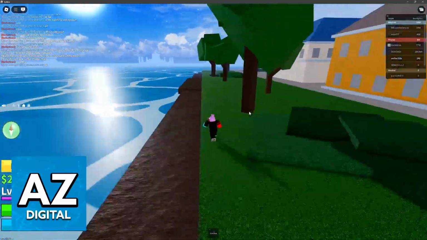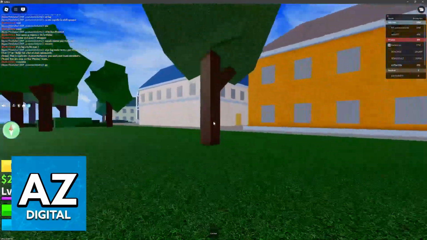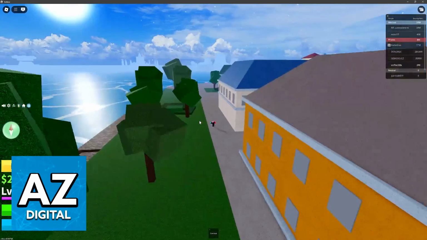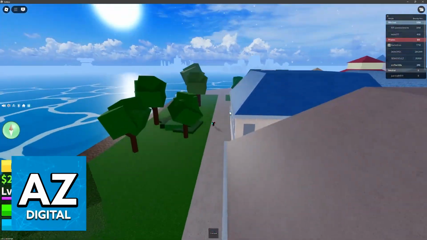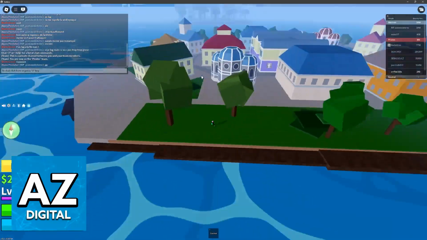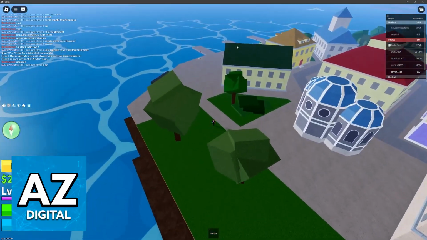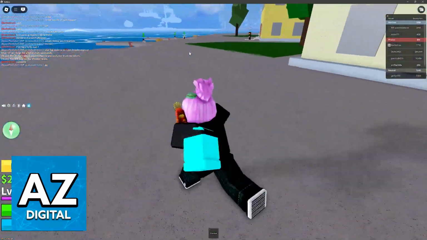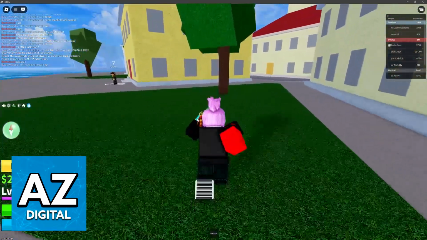You just have to use the scroll wheel to zoom in or out. You can go into first person if you keep scrolling up, and if you keep scrolling down, you will eventually have the maximum zoom. You can even see the other islands all the way over there. So this zoom is nice if you are just walking around and you are looking for specific enemies or specific items on the map, and then this one is cooler if you just want to see your character up close.